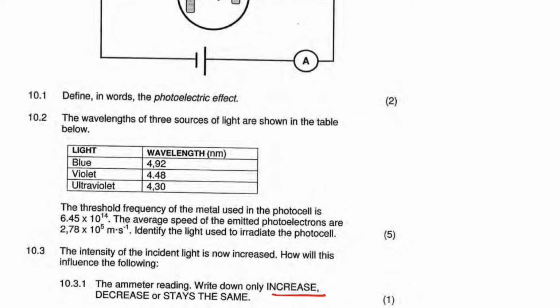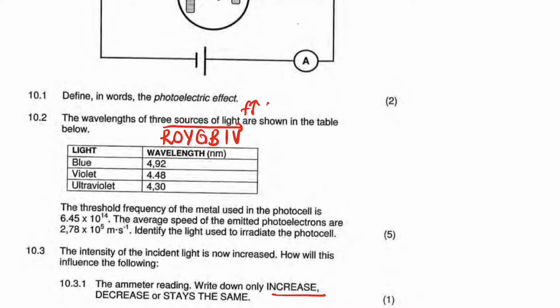Check the exam guideline. Question 10.2 says the wavelengths of 3 sources of light are shown in the table below. So we have different types of light here. We have a blue light, a violet light, and an ultraviolet. Guys, if you remember the ROYGBIV, which is red, orange, yellow, green, blue, indigo, violet. These lights, starting from red to violet, are increasing in what? In frequency. The frequency increases from red to